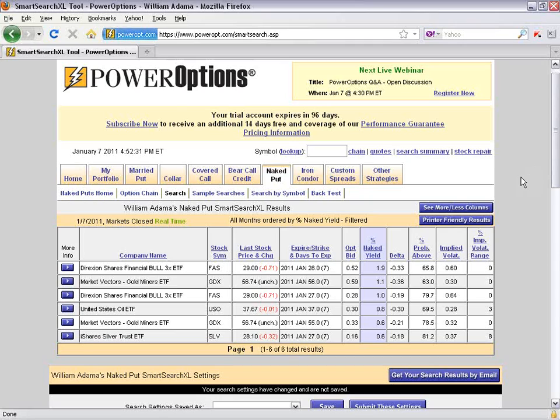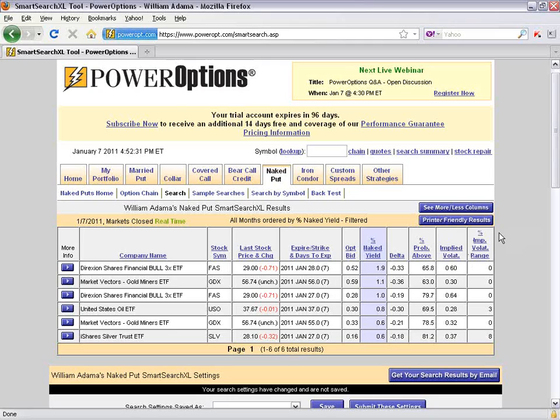One other small piece of advice I might mention is that if you are doing the weekly options, either in the bear call credit spread search, I should say vertical spread search with credit spreads or debit spreads, or with naked puts or with covered calls, because the weekly return is so low, rather than screening for a percent return if assigned if you're in a covered call, or a percent naked yield for the naked puts, or a standard return for the bear call credit spread, this is one time I might suggest you want to actually use the